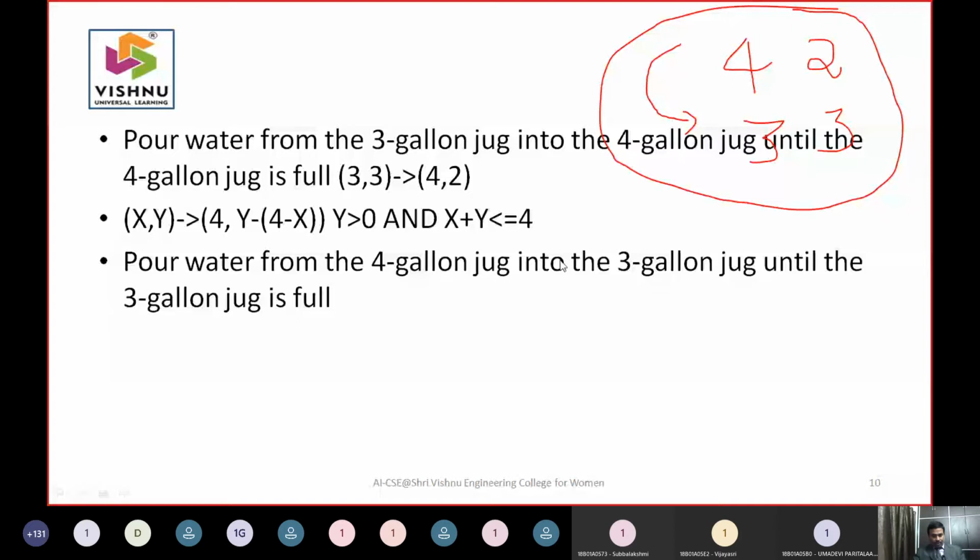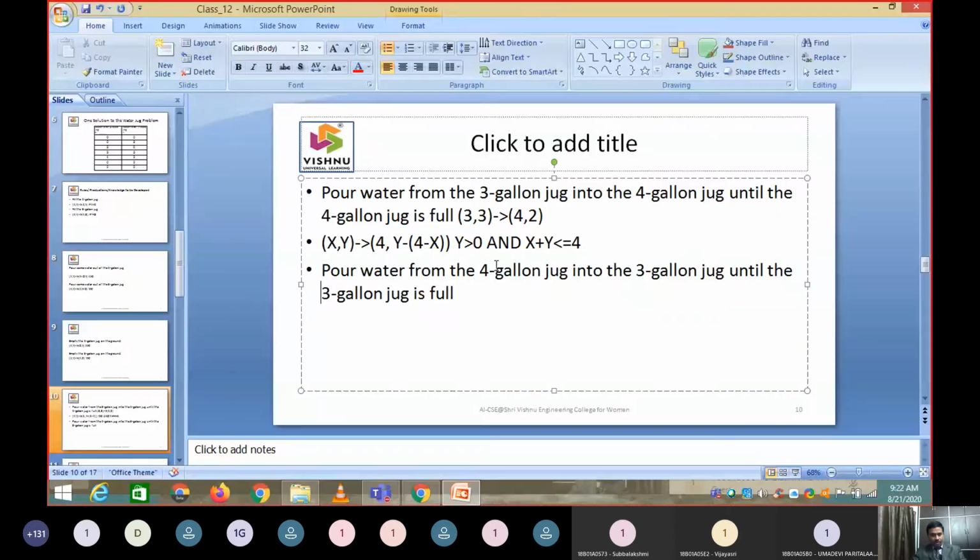So if you write a rule for this, just think about what can be the rule here, like x, y. So I said I have to fill something called y, so I have to get 3 here. And what should be the value that has to come here? Because you are pouring something from the 4-gallon, obviously x minus something will be there, and then 3 minus y. So 3 minus y, I will write this and check whether that is right or wrong. 3 minus y is right.